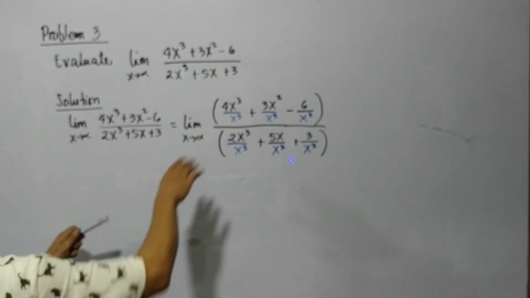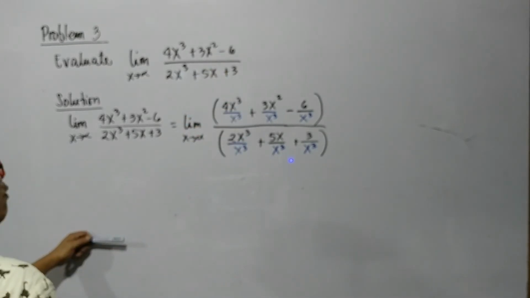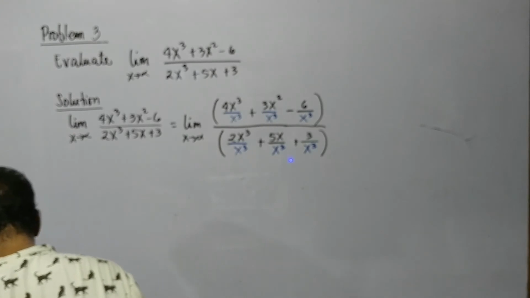So you divide the numerator and denominator by 1 over x cubed. What we have now is